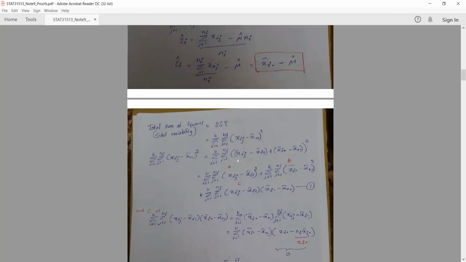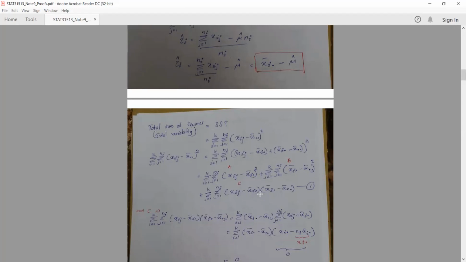So if you consider this first term as one term and these two values as the second term, here if you are taking the squared value, this is now in the format (a plus b) to the power 2. So here you have xij minus xi dot bar squared. Then you take xi dot bar minus x double dot bar squared, and you have the summations, and then you have